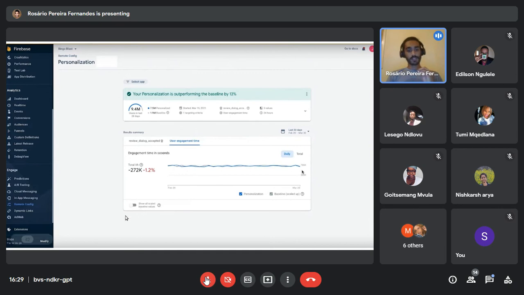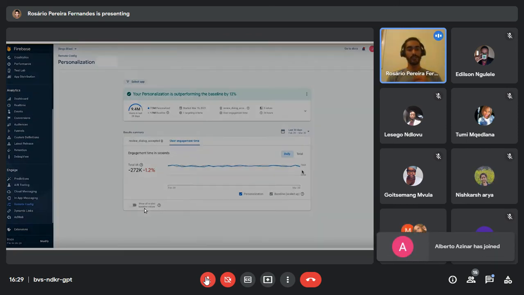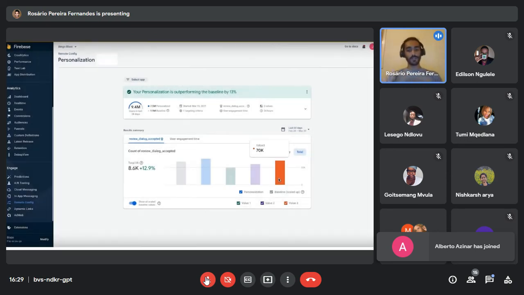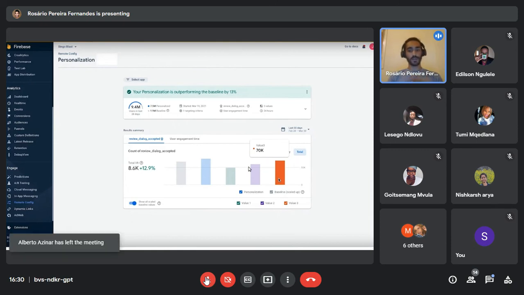Another thing you might want to try is to click on this little button at the bottom where it says show all scaled baseline values, because then you can see the value for each one of the variants or alternatives that you created. And as you can see, the third value, which was 8, is actually performing better than value 2 and value 1. So 8 may be the best option right now, but I don't think it's noticeable in this picture.